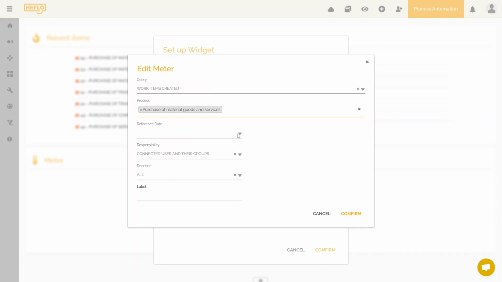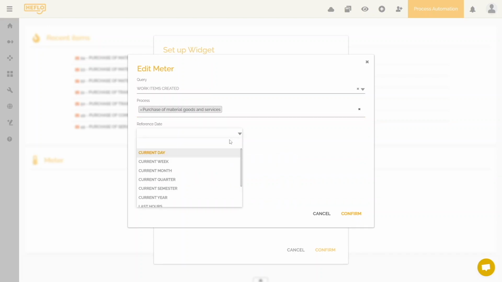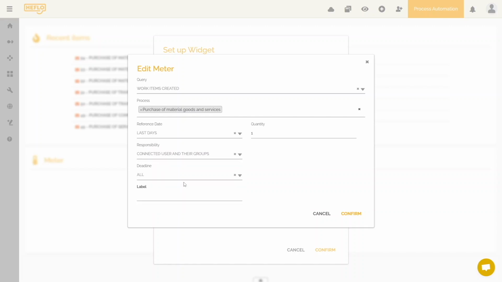It's still important to have a data filter here. It is not very interesting for you to display all the data of all the history of your production. I want to display work items created in the last 30 days here. You must indicate, in the same way as you did in the recent items, the viewing range of the user who is logged in.